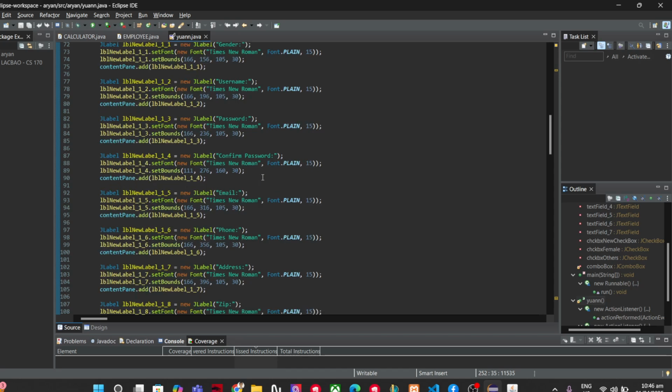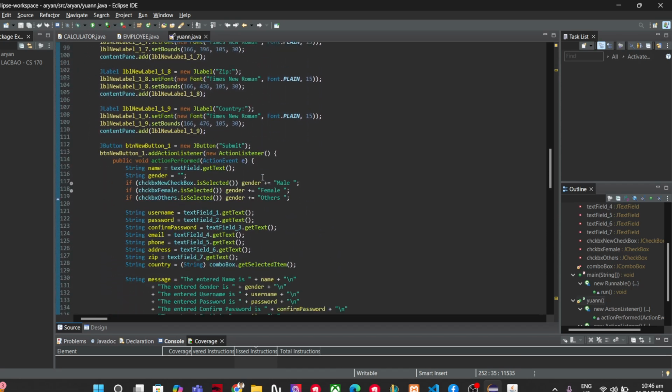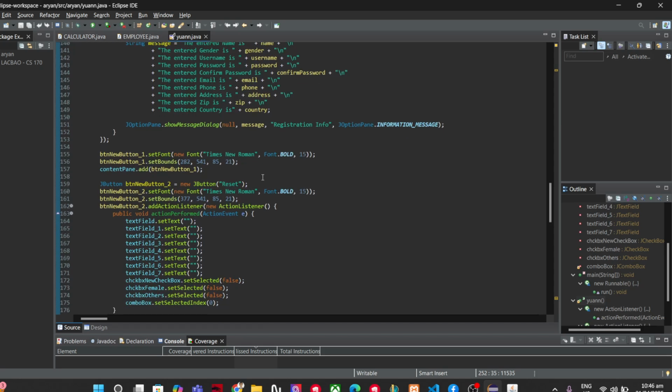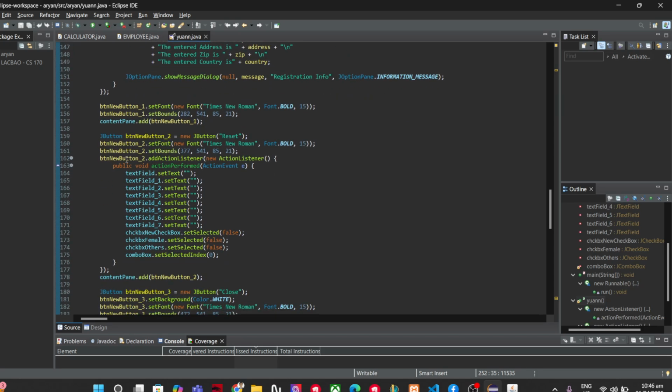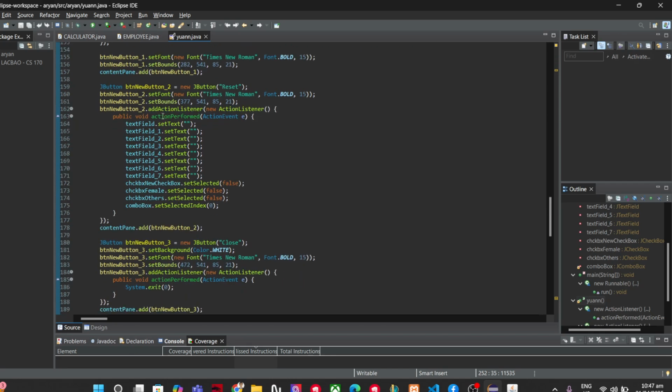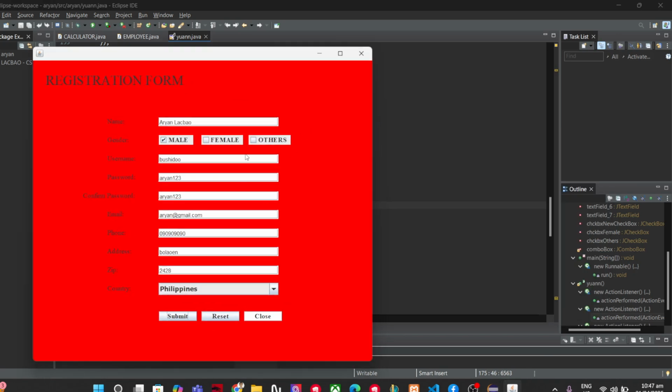After the submit button, I have added here the reset, if I want to reset the text fields. Let me show you on the run.